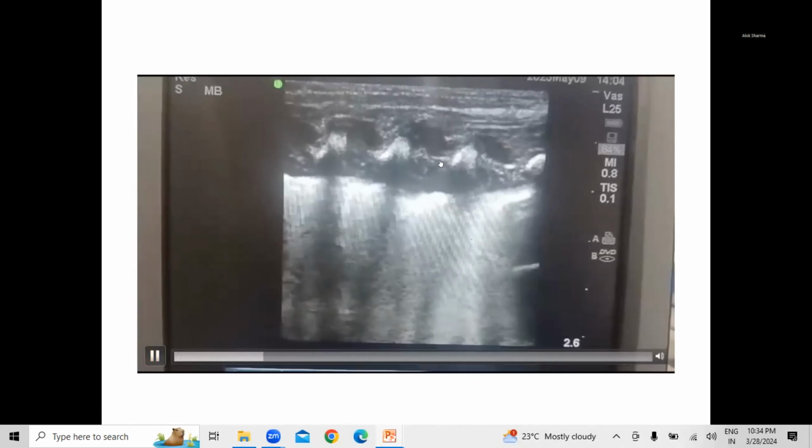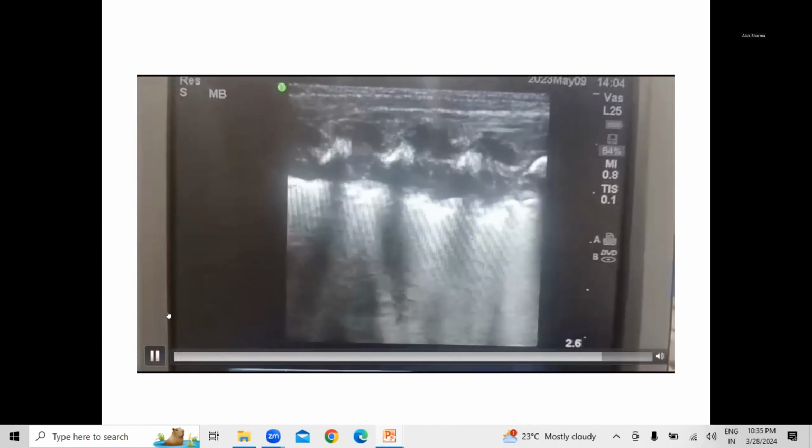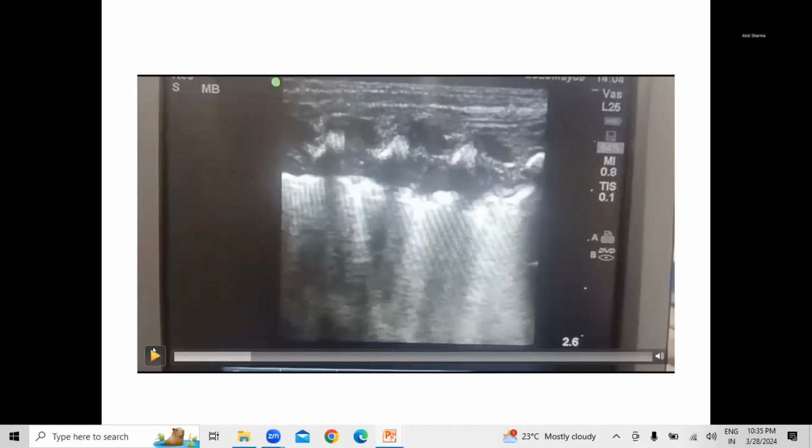I think there's a little bit of pleural effusion there. I think you have a pleural effusion. So the best way to confirm that, because it can get quite confusing, is use your M mode and look for the sinusoid sign. If you see a dark area,